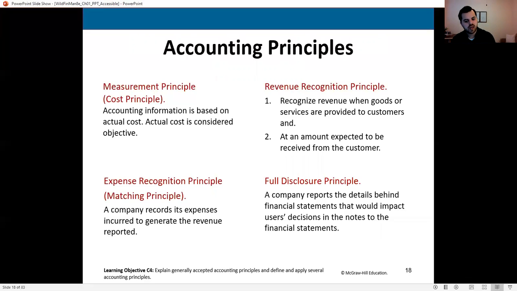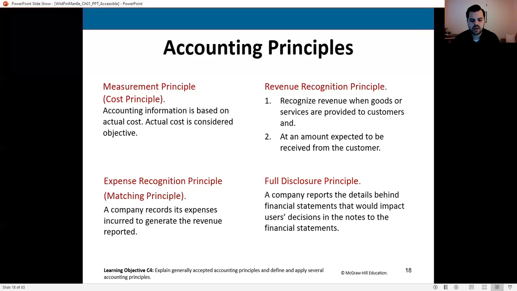So if I have a piece of land valued at $1 million, but I only pay $850,000 and I receive the land, then it goes on my books at $850,000, not $1 million. That valuation can be inflated, but what I actually paid, we have a record of that. So I know that is objective.